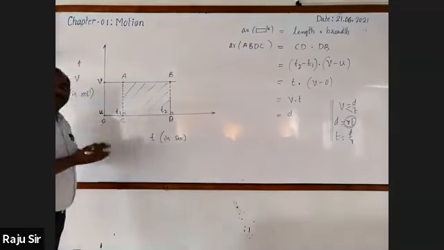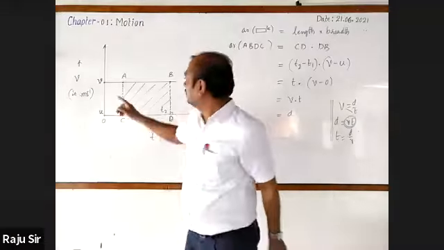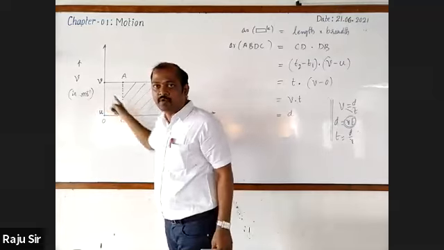Wait. This shaded part represents the area. Where this area has been taken, it is taken under the graph of VT, right? So from this, can we conclude that the area under the graph of VT